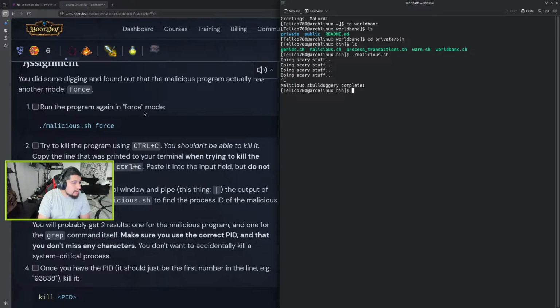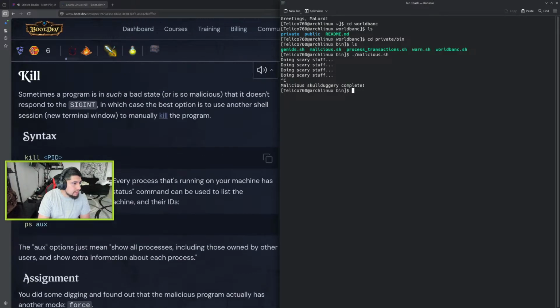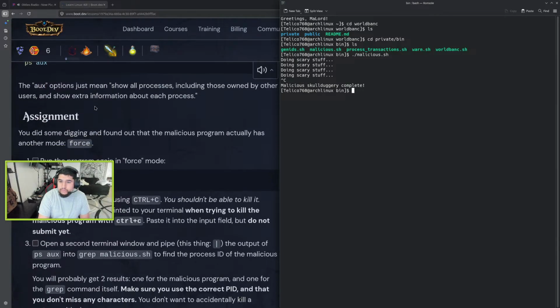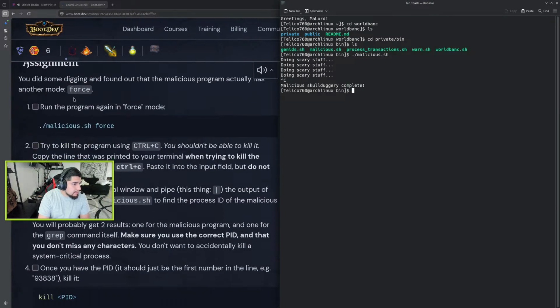Run the program again in force mode. How do I go to force mode? Cause it stops. Run the program again in force mode. Oh, I forgot to put force. Okay. So malicious.sh